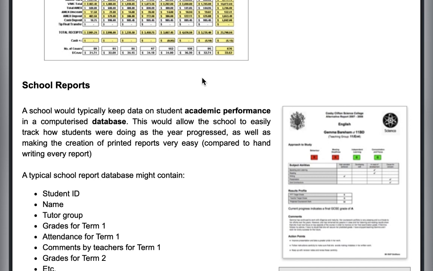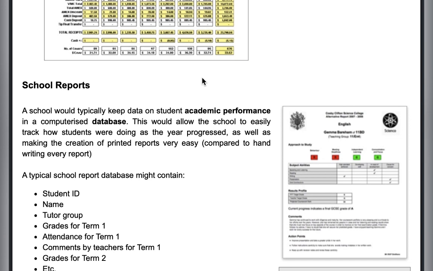Okay, a school will typically keep data on students' academic performance. What you're doing, your quizzes, your tests, must be recorded to a computer, and then a report card can be given to you thereafter, after every semester or every term. So schools have what we call a computerized database, wherein they have to key in the results and generate the final report card for students to show how they're doing in school, whether they put the effort or not, whether they're doing great or not, or whether they improved or not. The school has a way of keeping this record. So this is only possible with the advent of ICT or IT. With the advent of ICT, we're able to do all of this.